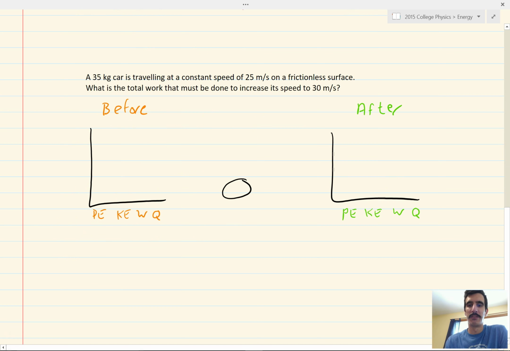Alrighty, this time we're going to solve a problem that involves work and kinetic energy, or the work-kinetic energy theorem. So why don't you read the problem and try and label your LOL diagrams while reading it. In the meantime,